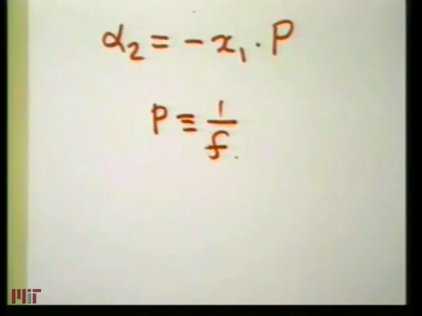Okay, so there's a minus sign now, which means that if we apply this equation to our positive lens, the ray bundle that will emerge from the lens will actually now propagate downwards, okay? Because in this case, x1 is positive and the focal length is positive, alpha 2 has to be negative. And negative alpha 2 means that the ray bundle has to propagate downwards, okay?